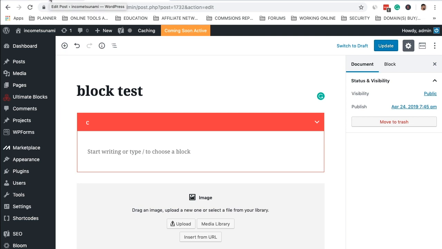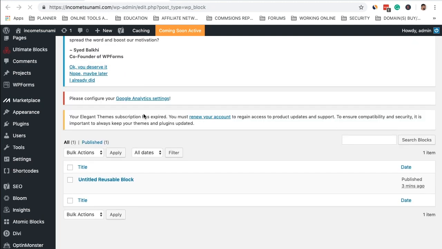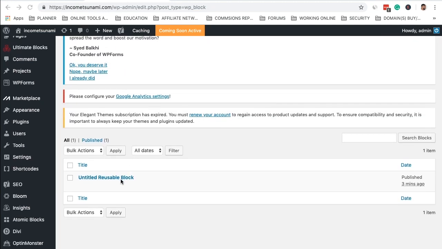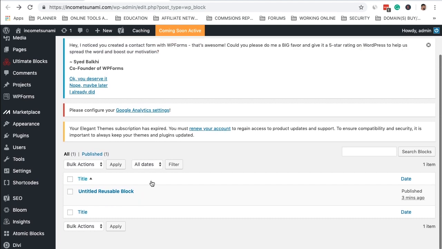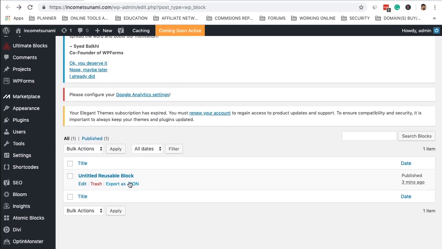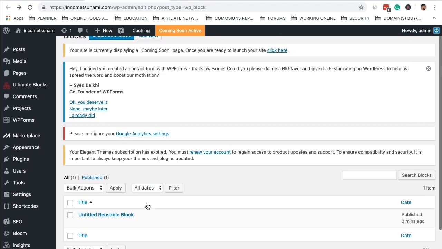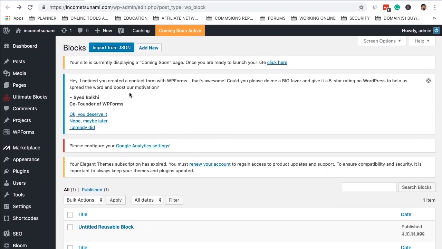Okay, now one of the other main features which is really cool about this block editor is that you can actually export the blocks and then import them to other websites. So if you had another site that you wanted to import blocks from or export blocks, you could do that right here. So for example, you would export as JSON, okay, and that would download it to your desktop, and then you could go to any other site, log in, and then come to this area again and go